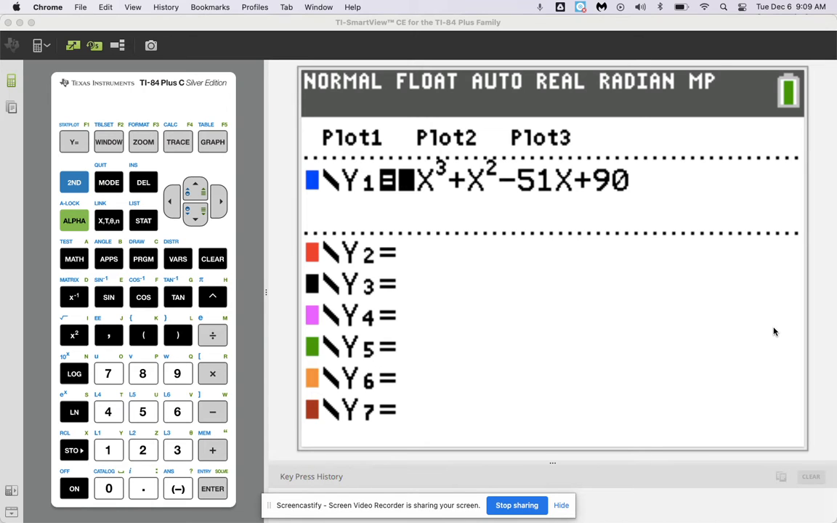In this example, we are going to look at how to use your graphing calculator to help you factor polynomials. For this example, we have 2x cubed plus x squared minus 51x plus 90. I've already set up a window, so if you want to try to type this into your own calculator and